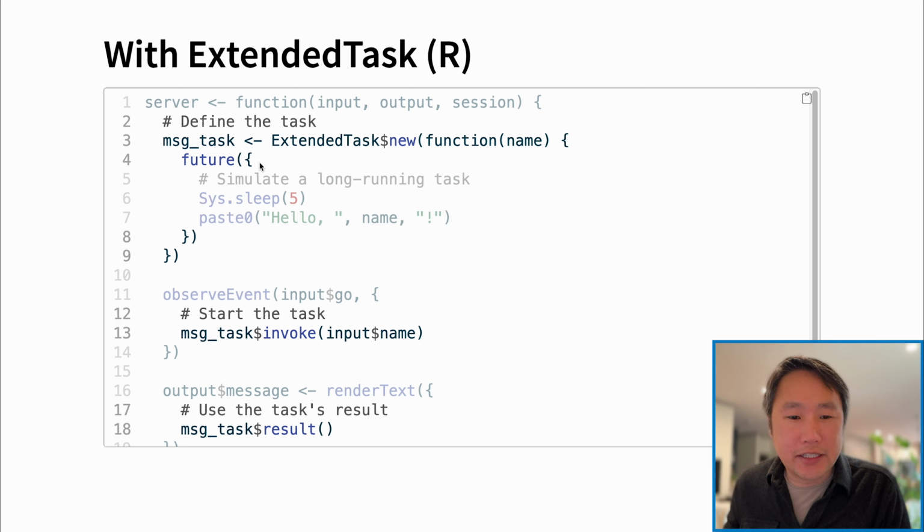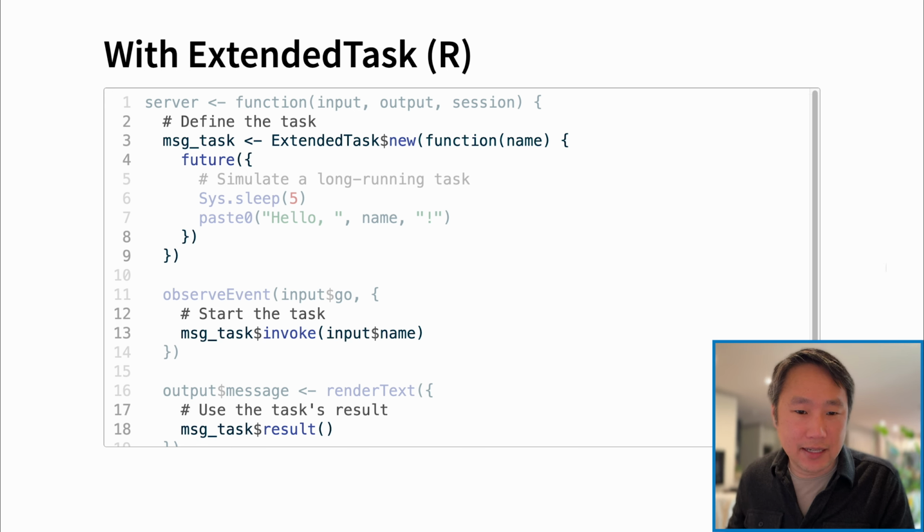And in the slow operation, we'll also use the future package to not perform this task in this R process, but to launch a separate R process so that this R process can move on and do other things. So those two pieces are very important. Creating the extended task wrapper, and then inside of your logic using future to wrap the long-running task.